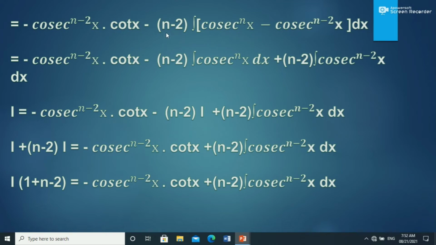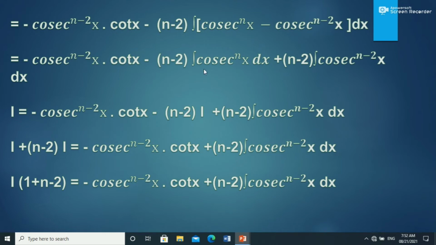And then here is n minus 2, then multiply this n minus 2 and separate the integrals. That is I is equal to minus cosec^(n-2) x cot x minus (n-2) integral of cosec^n x dx. Here we have to separate the integral and this bracket also. Then plus, this minus and this minus becomes plus, (n-2) integral of cosec^(n-2) x dx. Then I is equal to